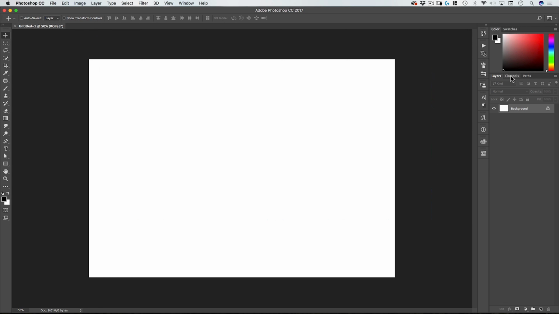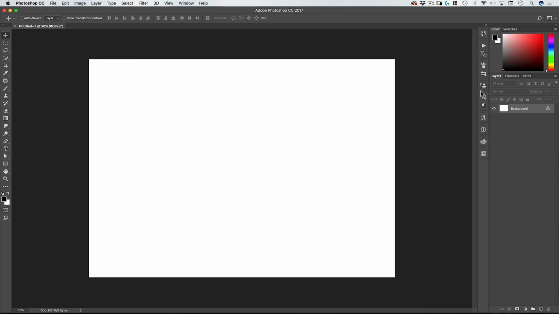And generally I have layers, channels, and paths together. Layers is where you're going to stack up the various elements of your composite or of your image. Channels shows you the red, green, blue, and you can also create independent channels to use for making selections. And paths is where you're going to create vector paths that you can use in various ways.